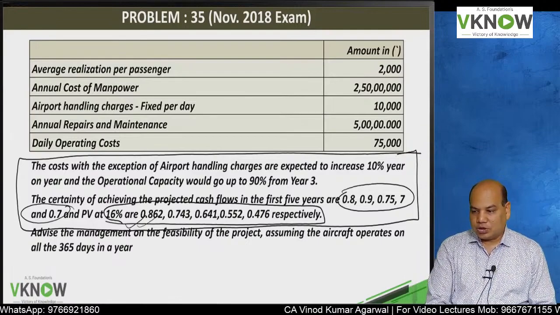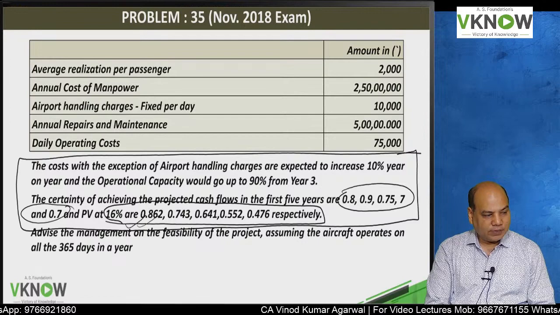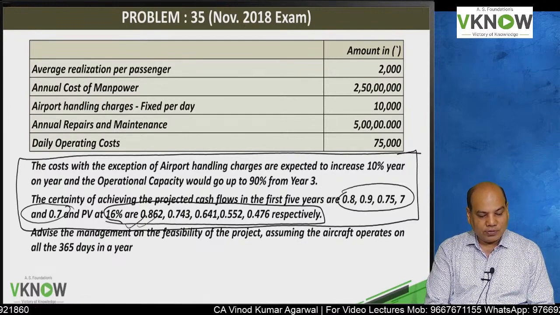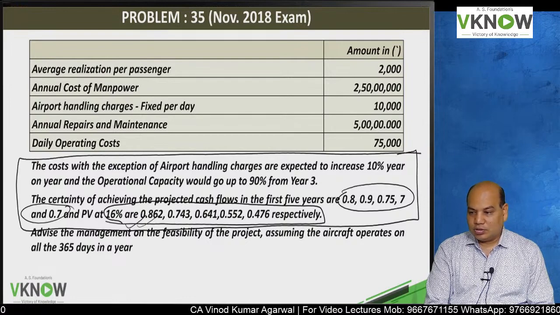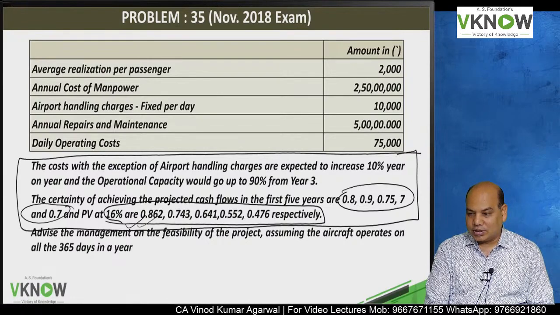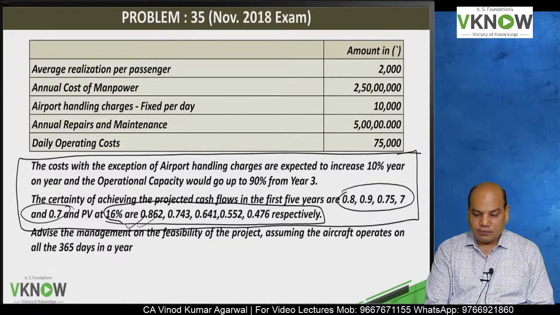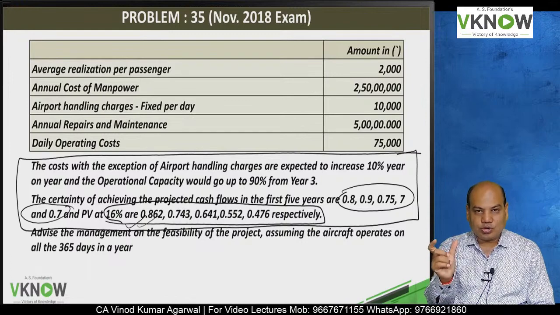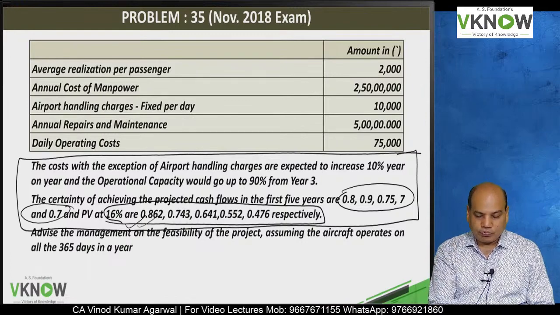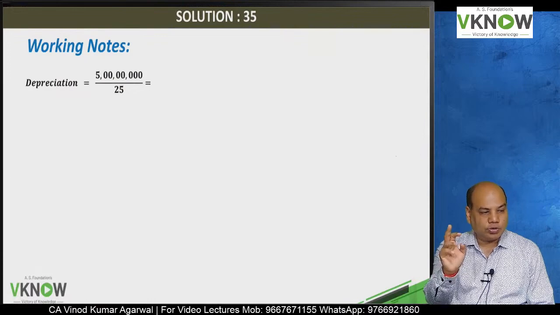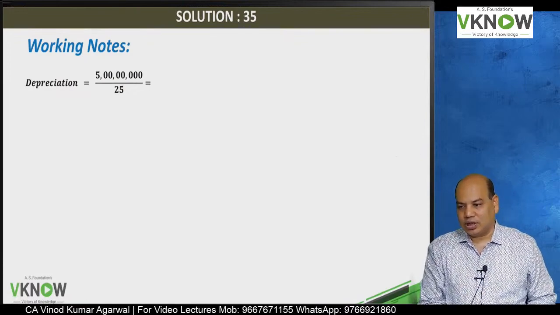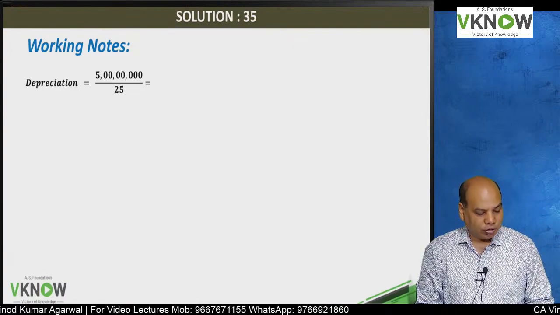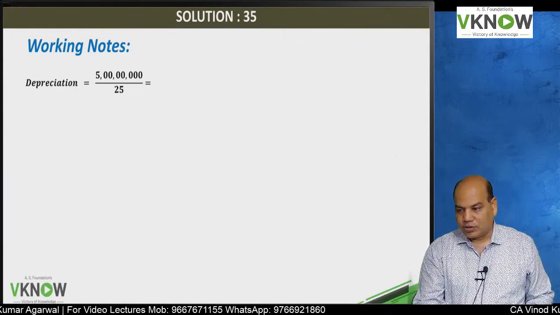One is they should have given risk-free rate. They have given you cost of capital. Second, they should have given more information about future 20 years, but they have given you data only for first 5 years. Hence, we are going to evaluate the project based on 5-year cash flow. You will write in the notebook so that you will understand better. I would request every student to first write in notebook. First, we will make a small working note: